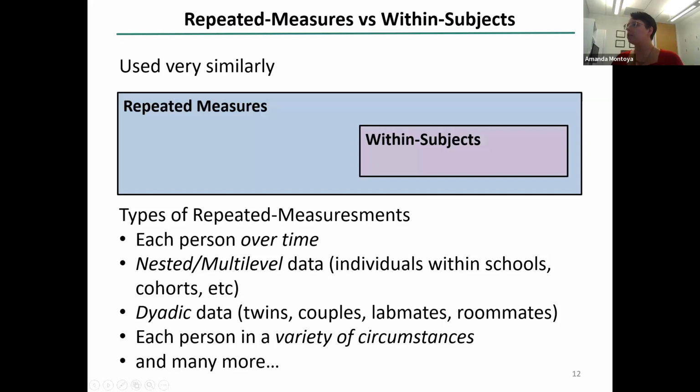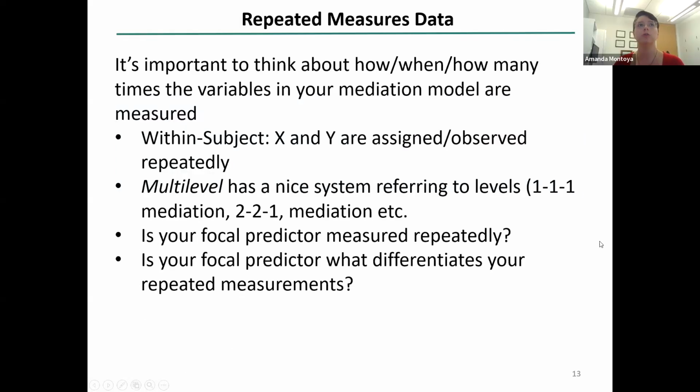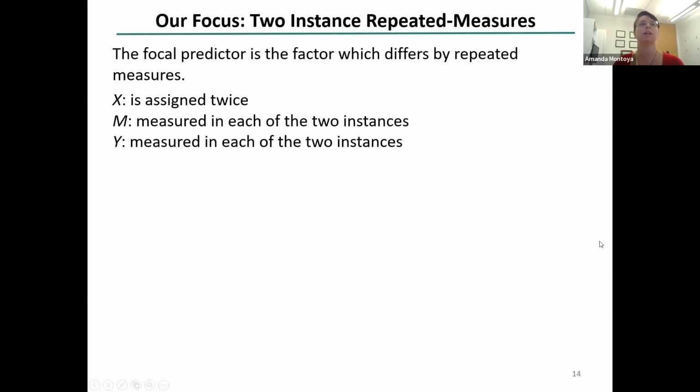Yeah, so Rebecca had a question. Can we apply this to pre-post designs, measured Y twice for the same person? Yes. So this would be when we're measuring each person over time, and for a 2-instance repeated measures design, as